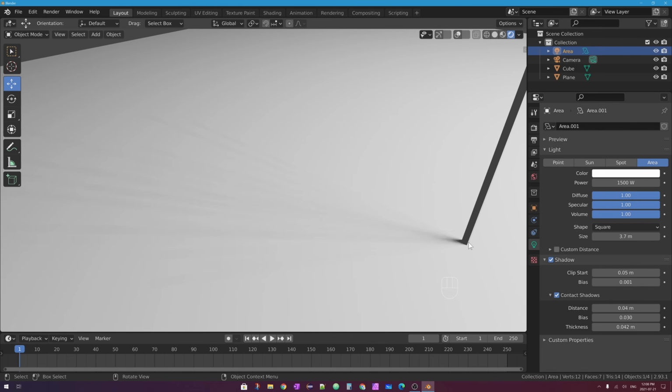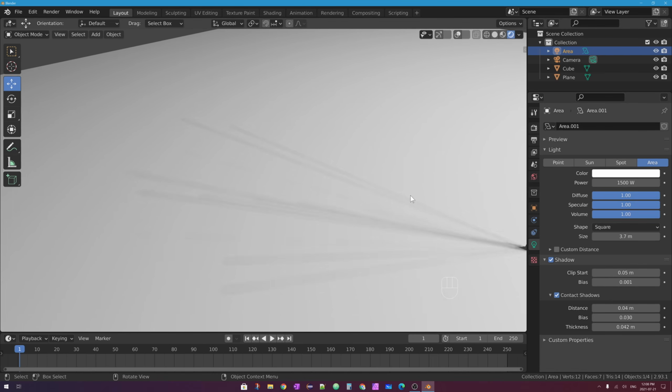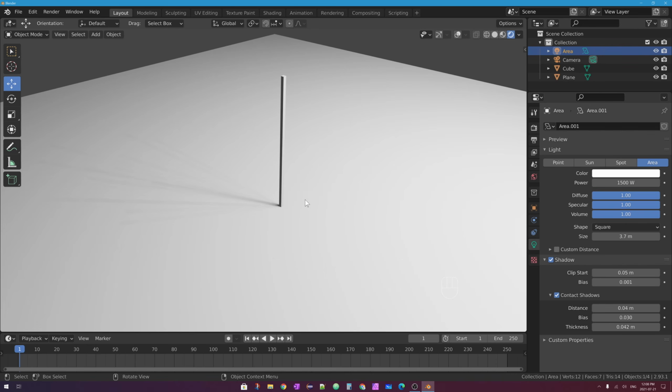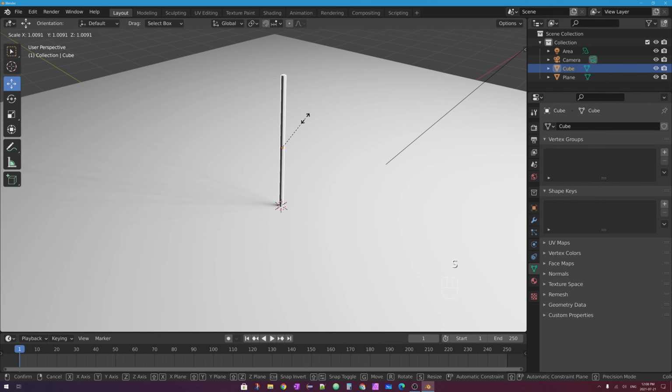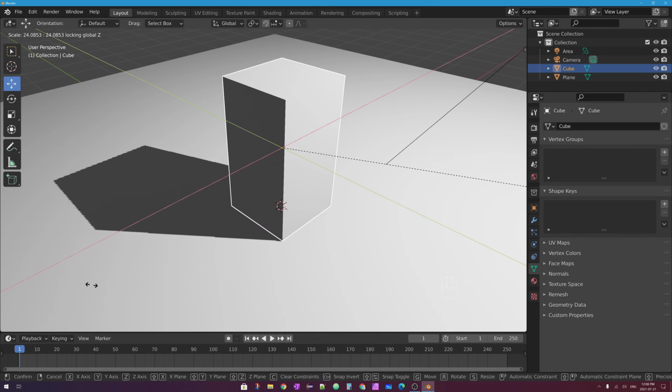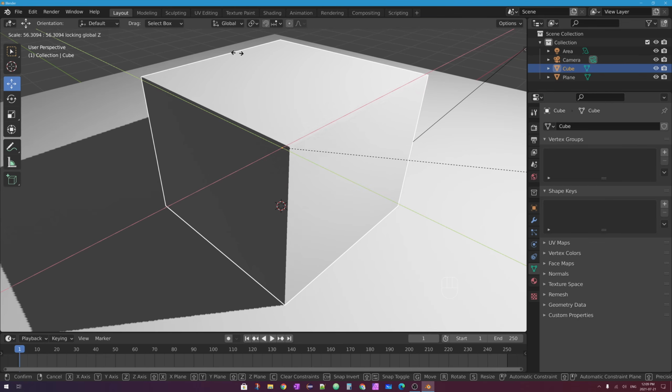And if you have especially long contact shadows because you didn't adjust that bias, you're going to notice it even more, and it's going to bug you a whole bunch. The other reason why contact shadows are not always ideal, or at least not ideal for specific use cases, is what's called light bleed. I'm going to tap S on my keyboard, and then Shift Z, so S, then Shift Z, and make this cube more cube-like,